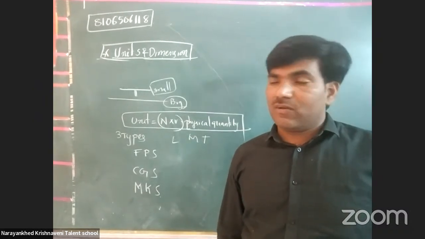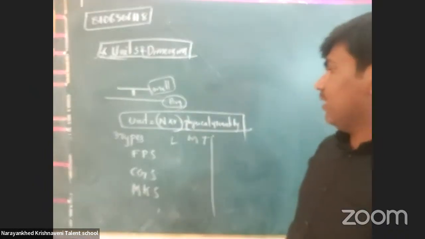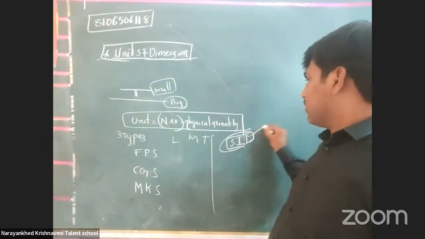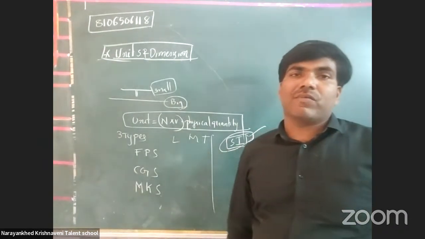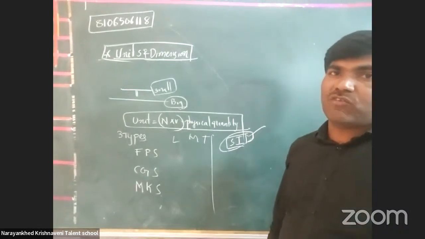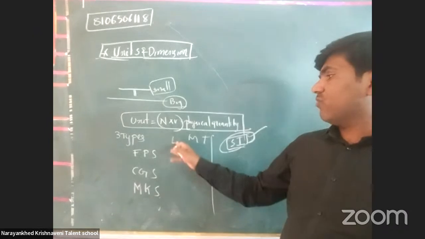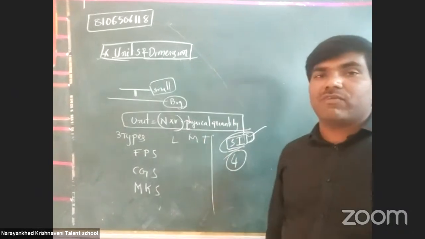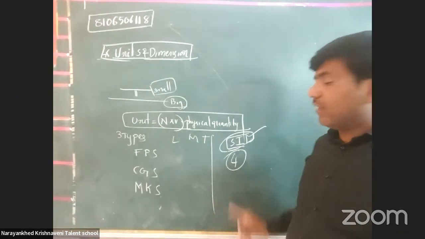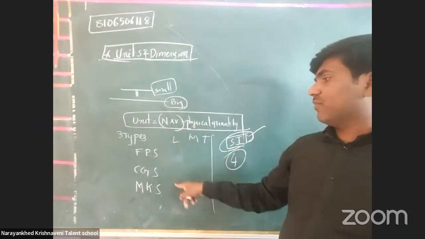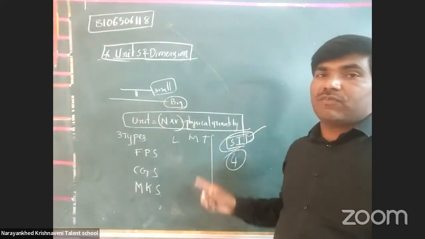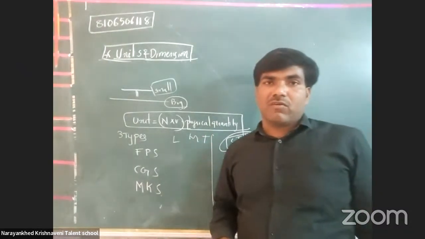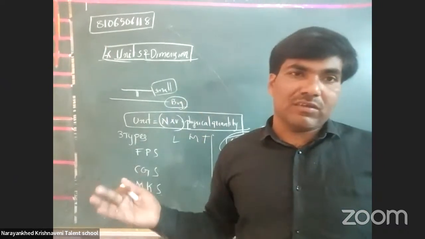Extra to these physical quantities, some more physical quantities were found, because of that there is a more comprehensive measuring system called the SI system, the Standard International System. Extra to these three fundamental quantities, four fundamental physical quantities are added. So the systems of measurement are four, and the fundamental physical quantities are seven. Based on all seven fundamental physical quantities, the remaining quantities are derived.